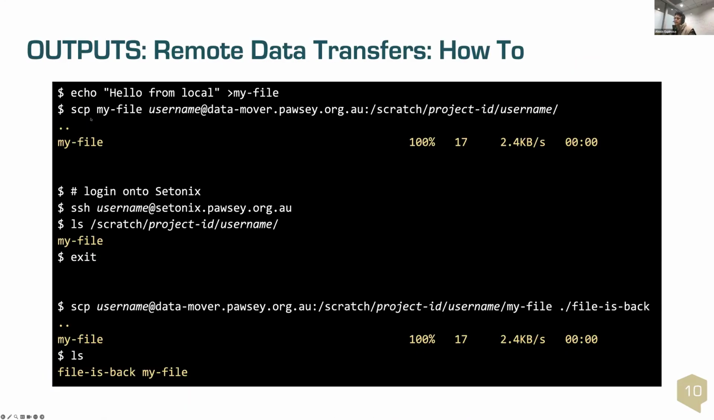So here's the example. SCP my file towards the data mover node, but you need to specify Scratch, your project, in this case courses 01, and your username, in this case COU and a number, and then you can transfer the file. In this case, it is transferring a file that was created locally, just by outputting an echo towards a file. So you transfer my file, you copy it there, then you log in to Setonix and you see that the file is there. And you can copy it back, so you can do it backwards, SCP